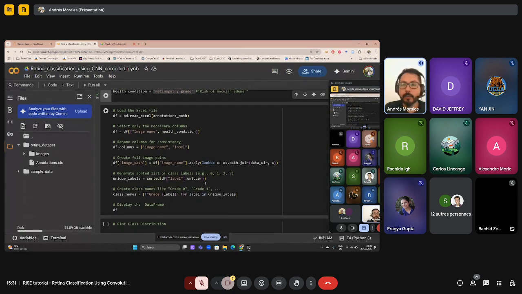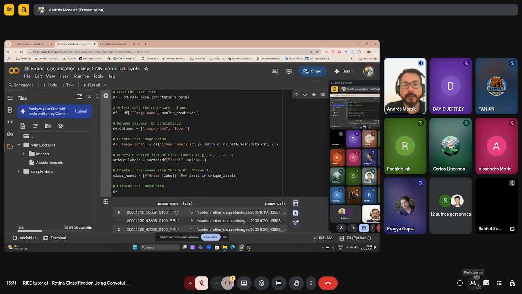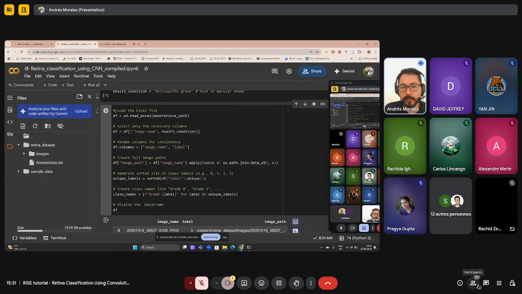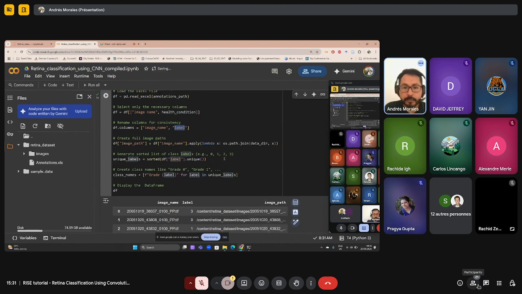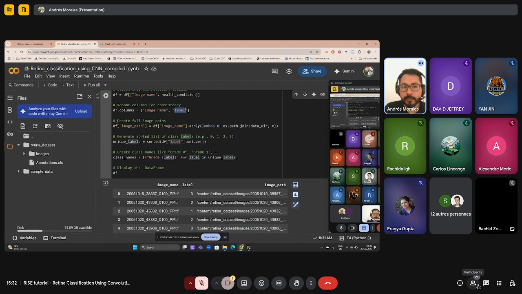Now, once this is done, this is the part that you have to modify according to your computer. We will upload the Excel file and have a quick look. In this code, you can see how we use pandas to load the Excel file. Then we select only the columns that we are going to use: the image name and the health condition. We rename them to image name and label, just for consistency later on. And then we'll create a new